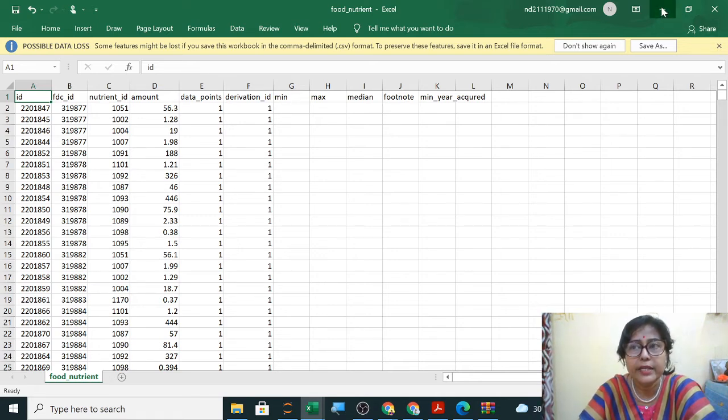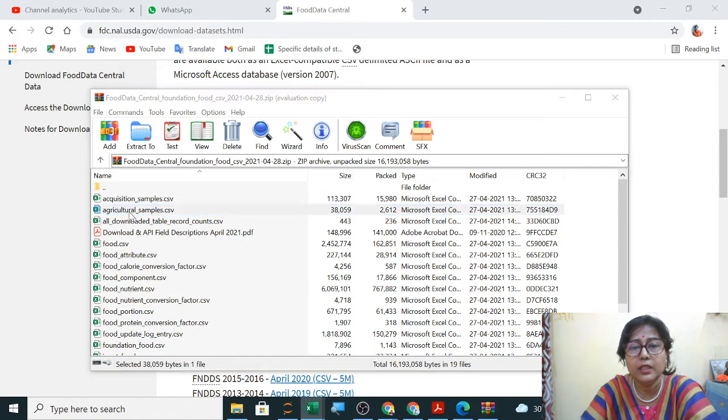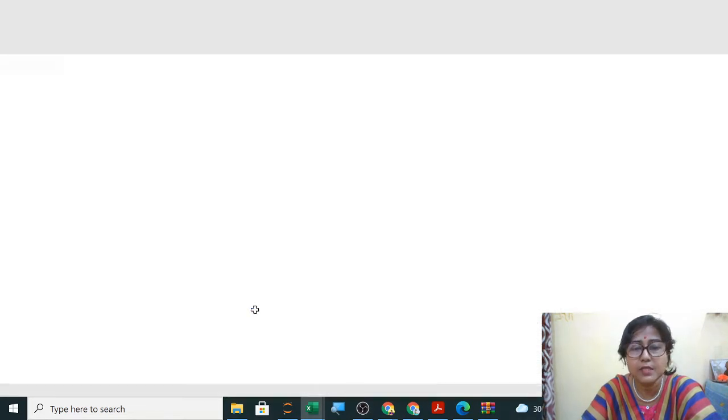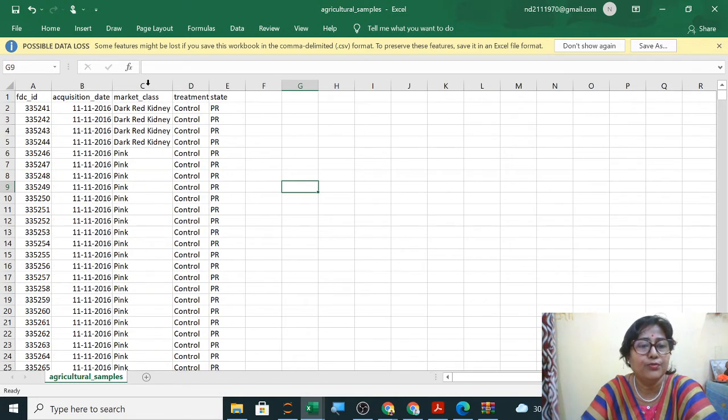And I wanted the name of the food along with all the downloaded table record counts. I wanted the names of all the foods. Let me see whether I can get the name. Name of the food?